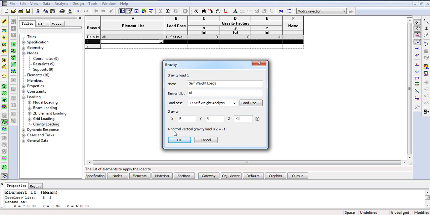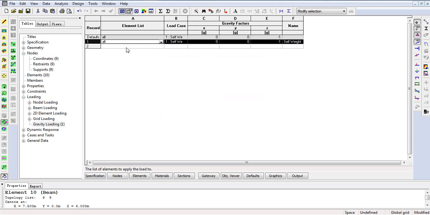as the note here says, a normal vertical gravity load is z equal to -1, because in GSA the upward direction of the z-axis is the positive direction, so the gravity is going down, so the downward direction is the negative direction, so we need to input the minus before 1. Okay, then